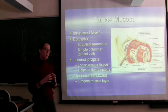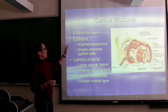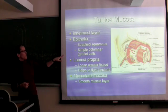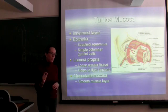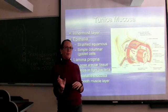Tunica Mucosa, innermost layer. We're going to have different epithelium. We're going to either have stratified squamous or simple columnar, which we spoke about. Now, in this simple columnar, we will have,